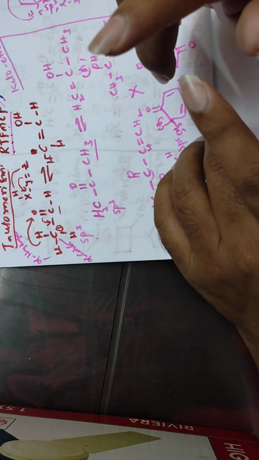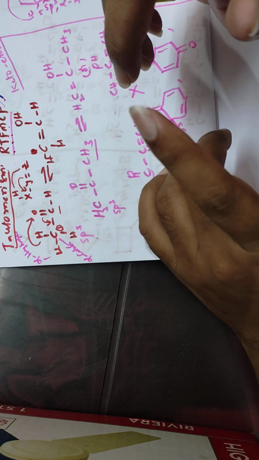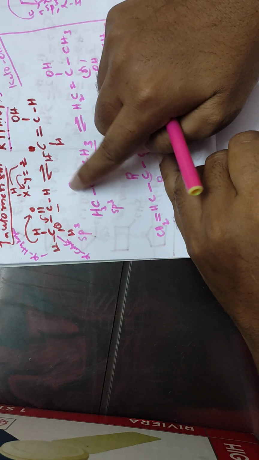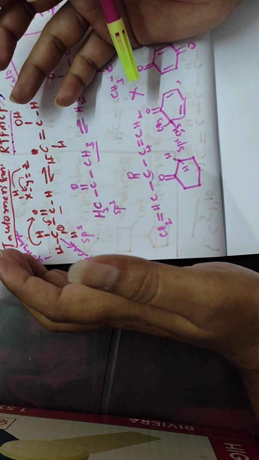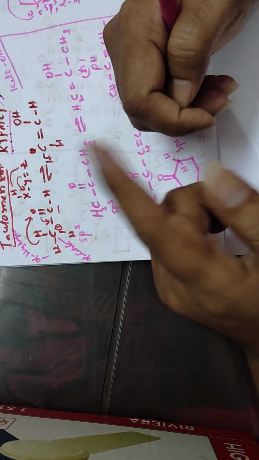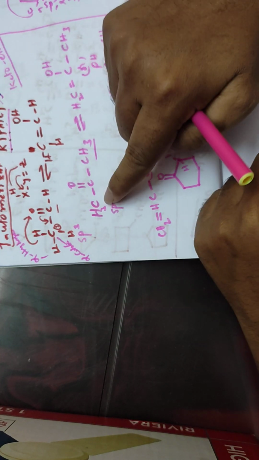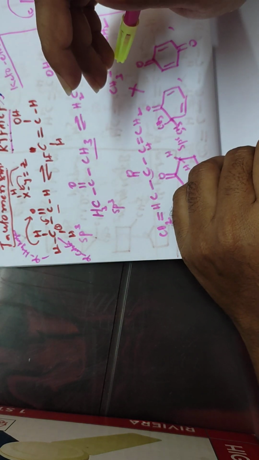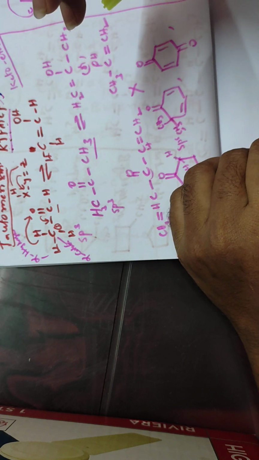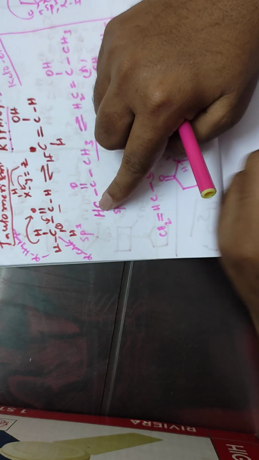First condition, is it alpha carbon or not? You see, this is the functional group. This is the adjacent carbon. So this is the alpha carbon. Next. Is it in sp3 hybridization or not? Yes, it is in sp3 hybridization. All bonds are single bonds, so it is sp3 hybridization. Next, does it have hydrogens or not? Yes, it has